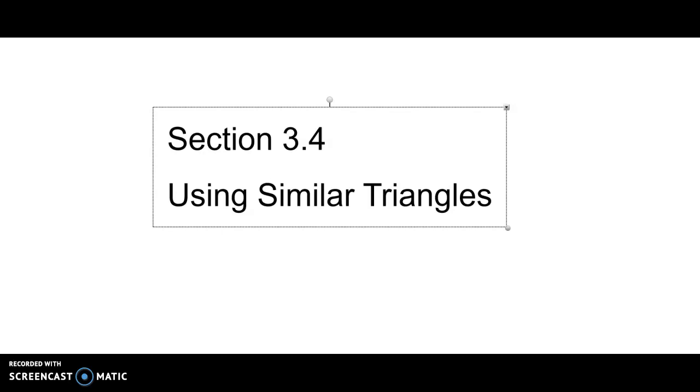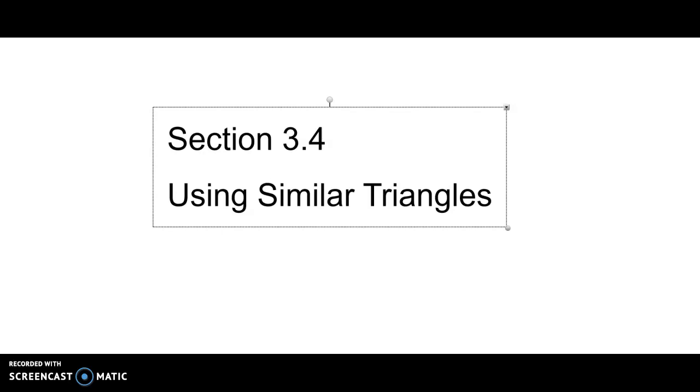Today we're doing section 3.4. We want to review using similar triangles. This is a topic that we've talked about in previous units and previous lessons, and we did spend time yesterday reviewing what we already know about similar triangles. But today we want to add in how to determine whether or not triangles are similar just by looking at the angles. And we want to put a little bit of extra practice into something called indirect measurement, which is